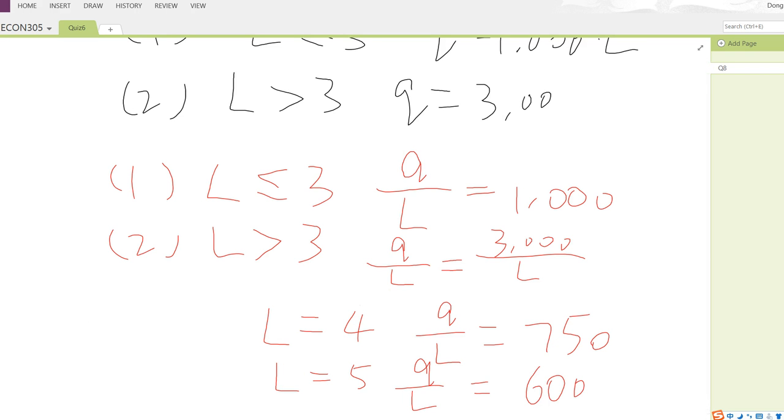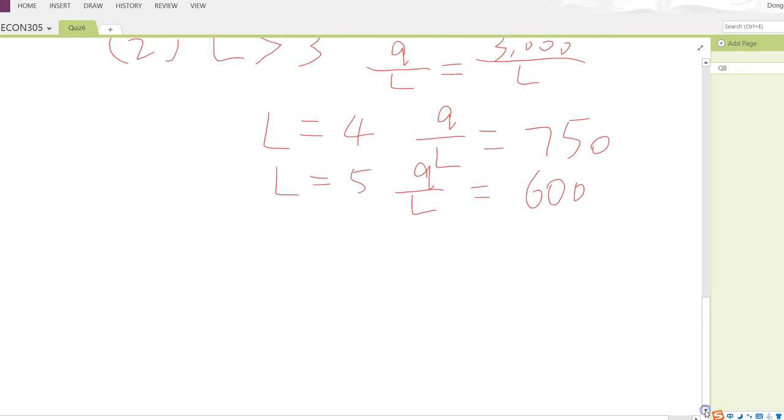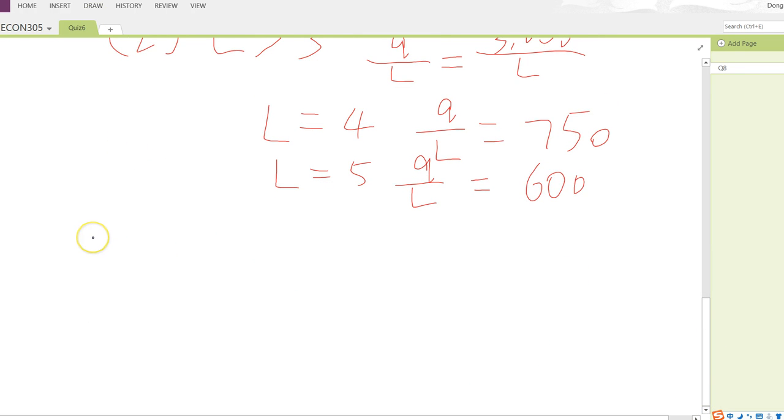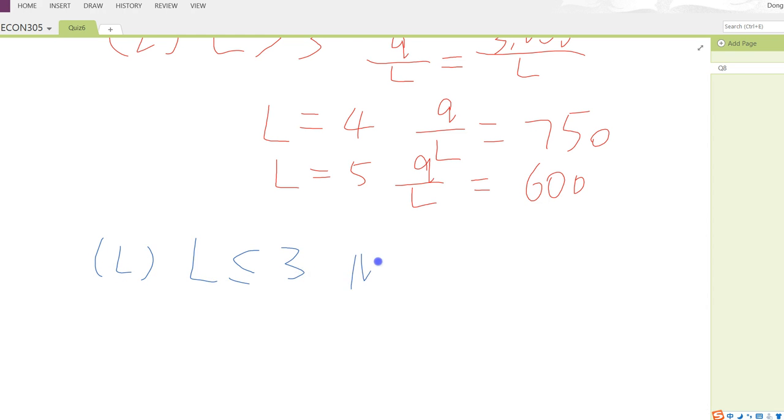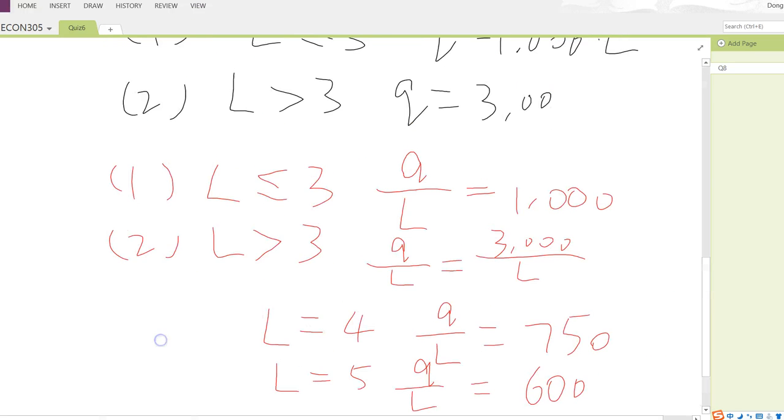Let me use a blue color in this case. When L is less or equal to 3, hence marginal product equals AP because it's a straight line, and that equals 1000. And that's the first scenario. And the second scenario,